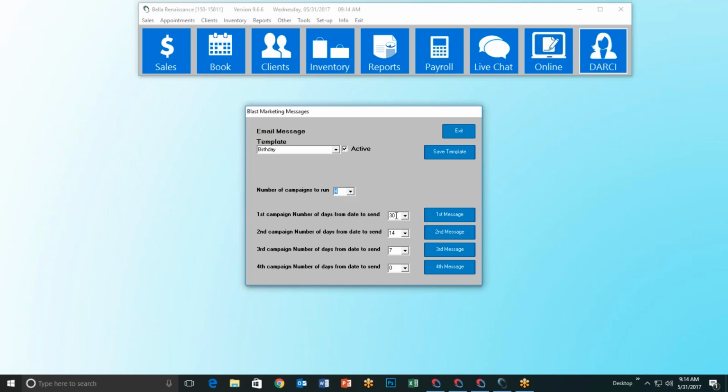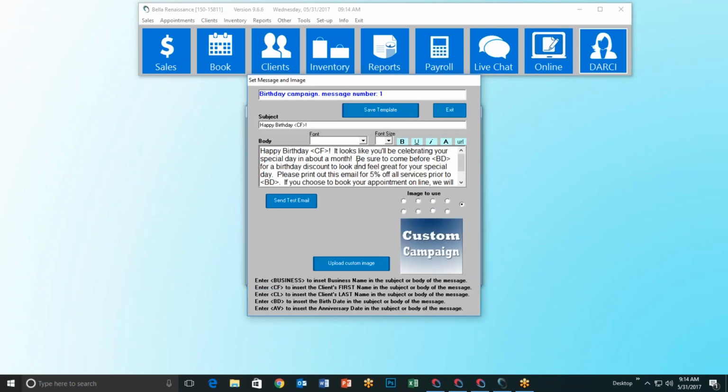I've chosen 4 for this one. And I've got how many days prior to their birthday the messages go out. I get to choose that. Then I can choose a message like, for instance, my first message, which is going out 30 days prior. I can write whatever I want, choose my font size, bold, underlined, italics, color, insert URLs into the message as